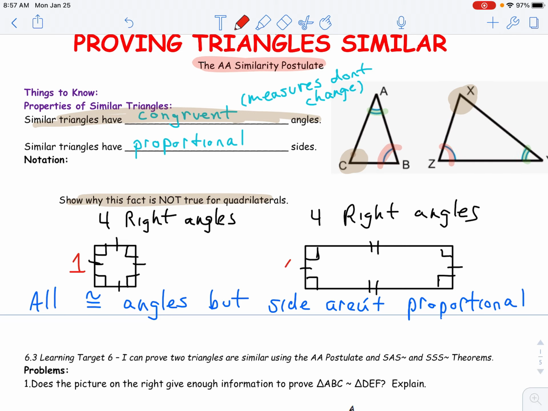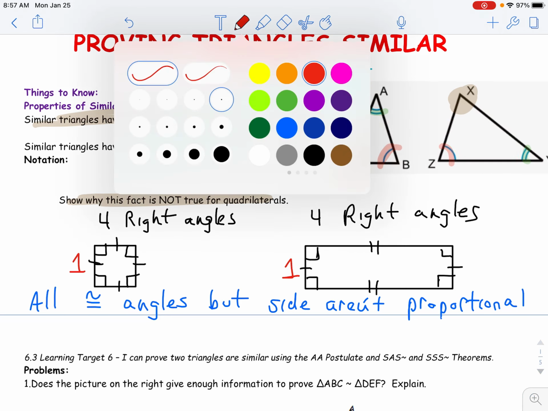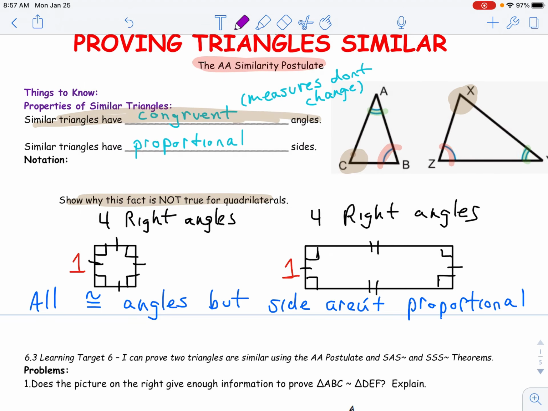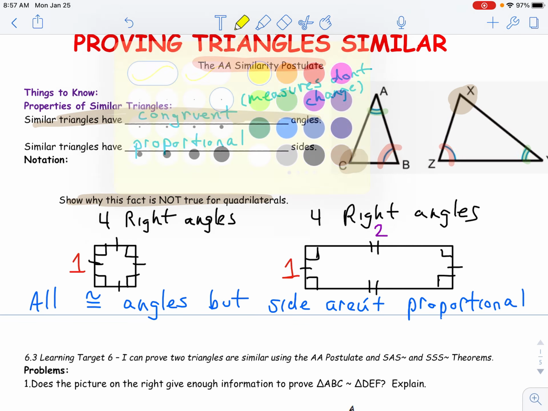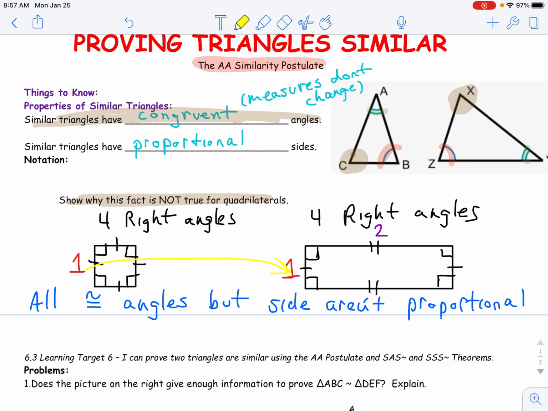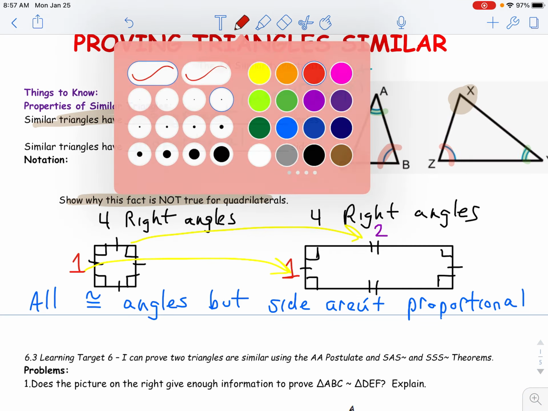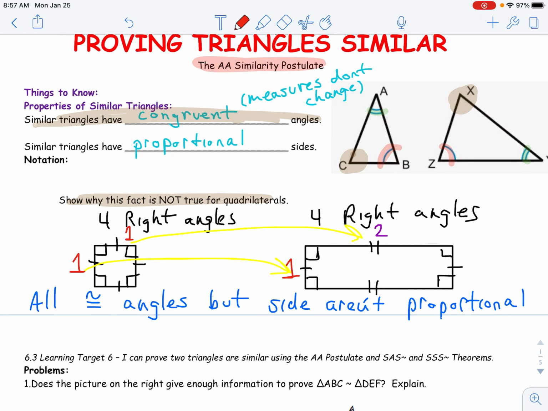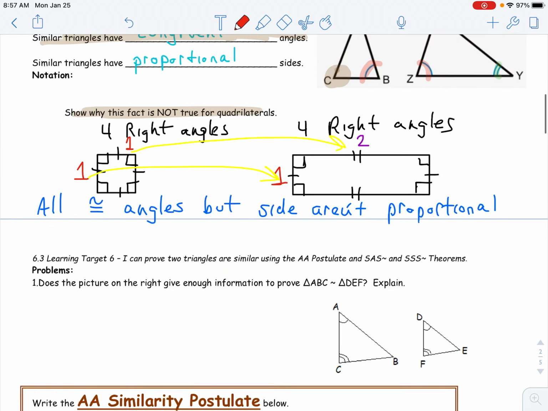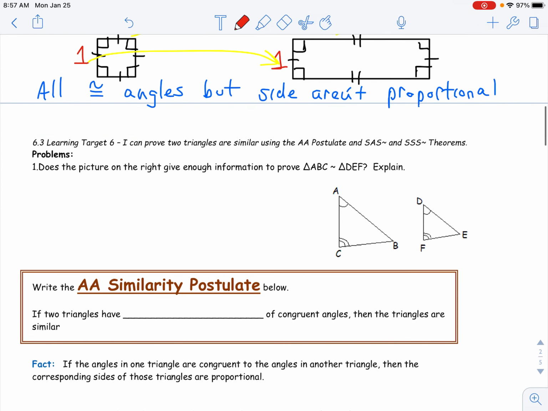This square might have sides of all length 1, and this rectangle only has two sides of length 1, and then the top and bottom are 2. All right, so the sides aren't proportional. How we would go from this side to this side is 1 to 1, but then that side to that side is 1 to 2. So 1 to 1, 1 to 2 doesn't match up, does not work. All right, now